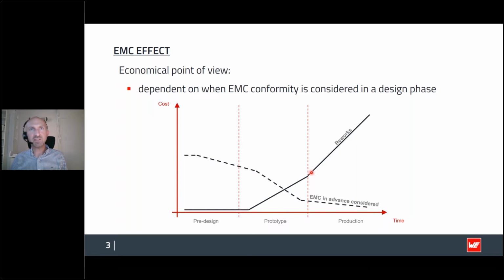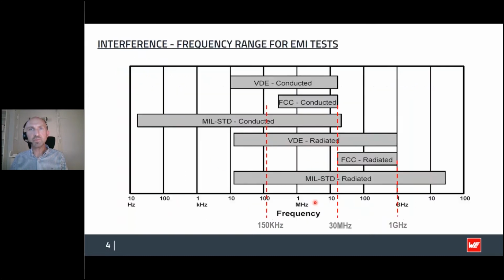So best advice is to consider the EMC in every part of your designs, especially switch mode power supply designs, because they're noisy by nature. If you don't take EMC into consideration, then for sure you will have some issues in the test house. Then if we want also to sell our product anywhere in the world, then we need to meet certain EMC